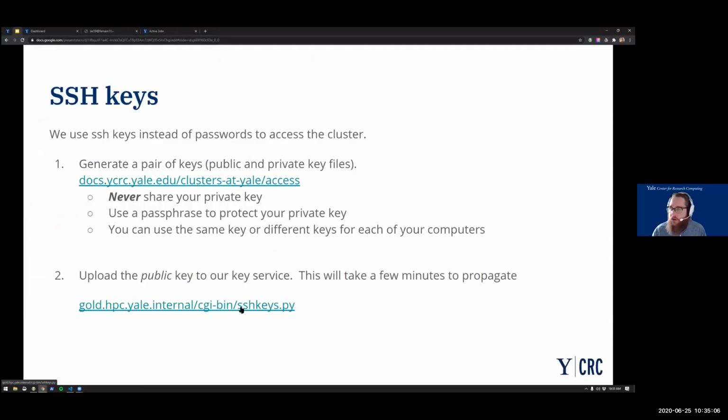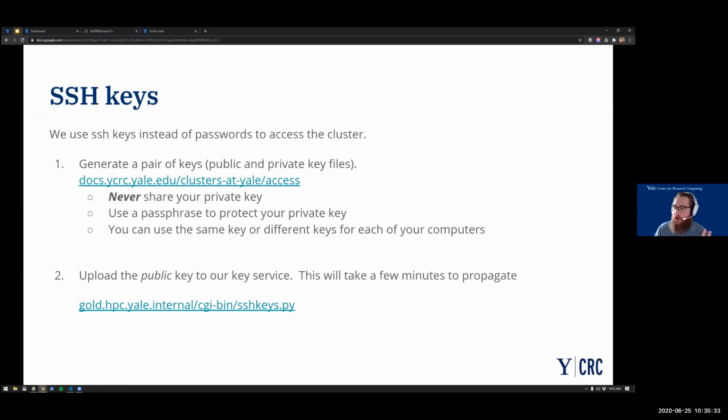And that once you've generated those keys, we have a website you can go to that allows you to upload the public version of your key, or the public portion of your key, that will give any computer that has your private key access via this SSH protocol that MobaXterm uses, that terminal.app gives you access to. But the nice thing about on-demand is we don't have to worry about this for now.